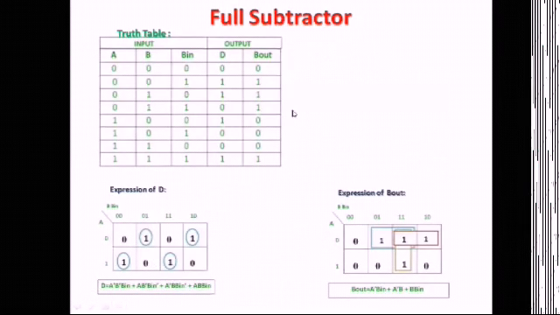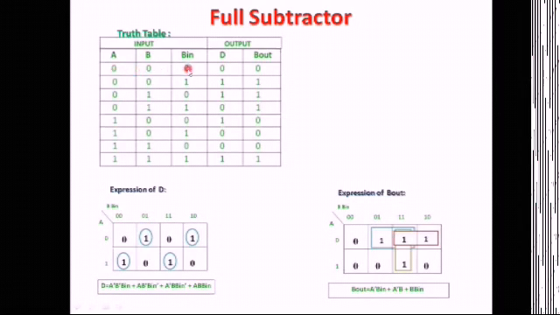So this is the truth table. This is the truth table of the full subtractor where there are 3 inputs, A, B and B in, and there are 2 outputs, D and B out. Now let us see the combinations of the inputs and also the results of the outputs. So there are 8 combinations starting from 0 to 7, represented in 3 bits. So first is 0, 0, 0.